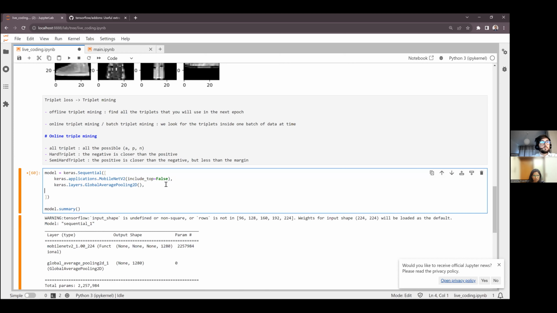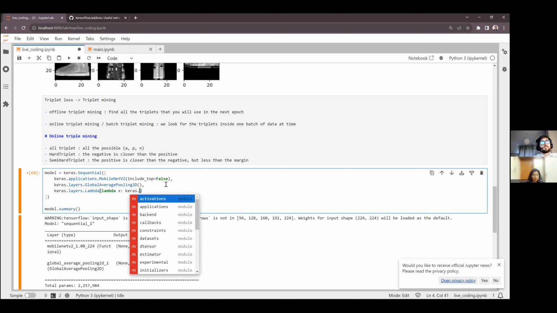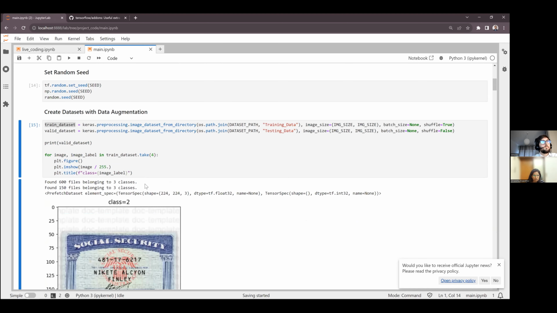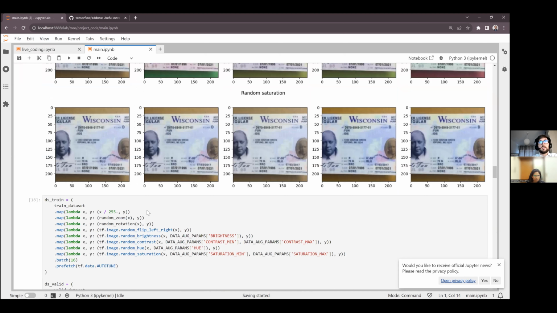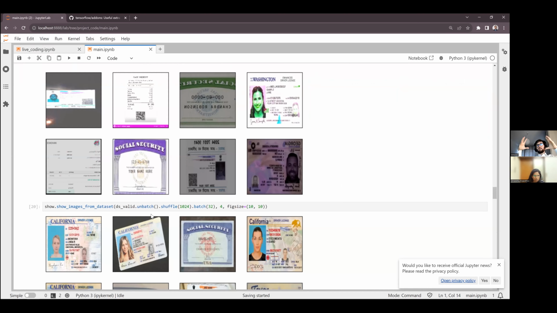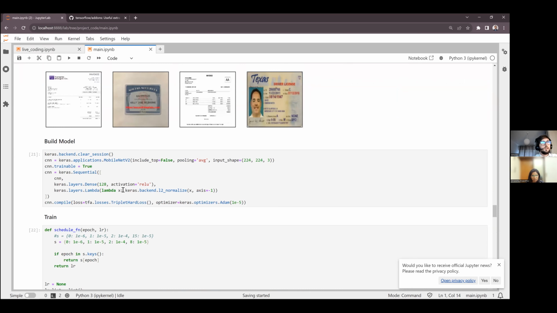Here, this is an optional part at the end of the model. We could use something that is called normalization, like that. I put the Lambda, Keras, not layers. What is this called? Let's see. We can try to normalize the embedding at the end of the model to make sure that we will not collapse to zero, will not go too close to the origin to make everything the same. Okay, like that. They can help to normalize.